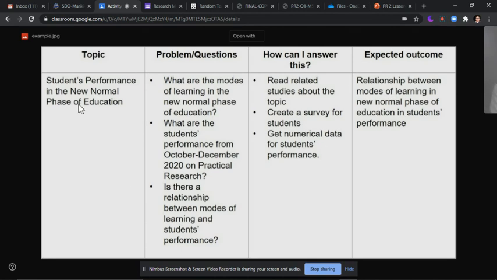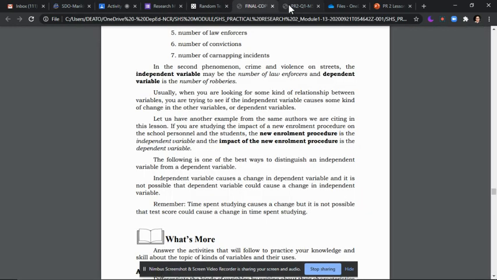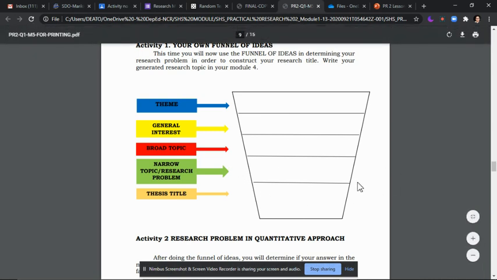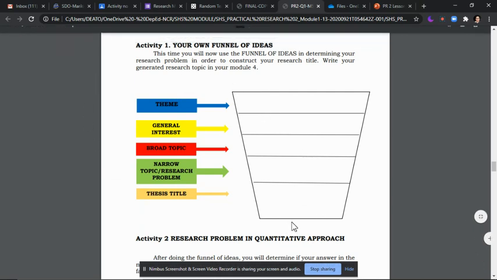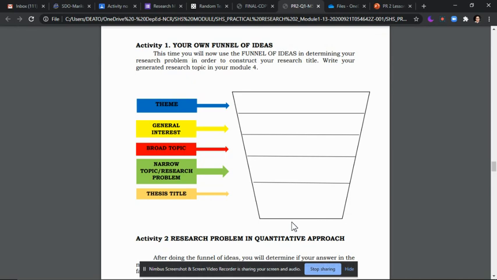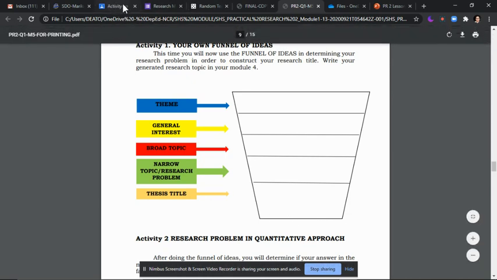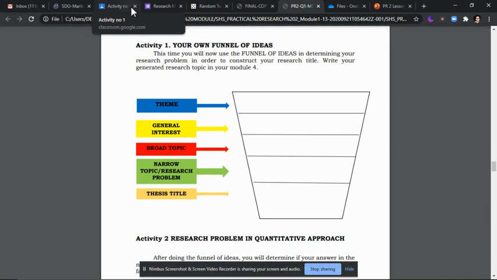That is the pattern I want us to follow so our discussion will be easier. So in this narrow topic or research problem, there should be at least three problems. First, a problem about your first variable. Second, the problem about your second variable. Third will be about the relationship. You may copy the style of how I built mine. You can go back to our Google Classroom, where I will post the deadline for our activity. I think the deadline will be at our next meeting.